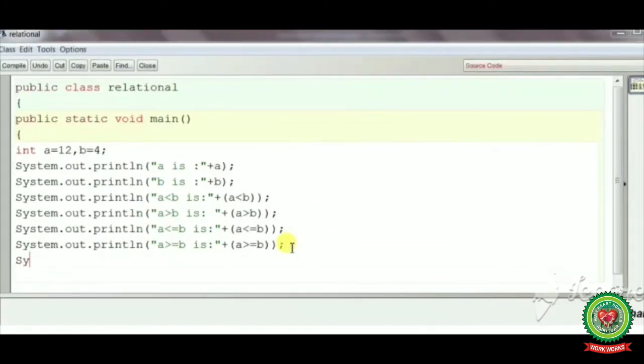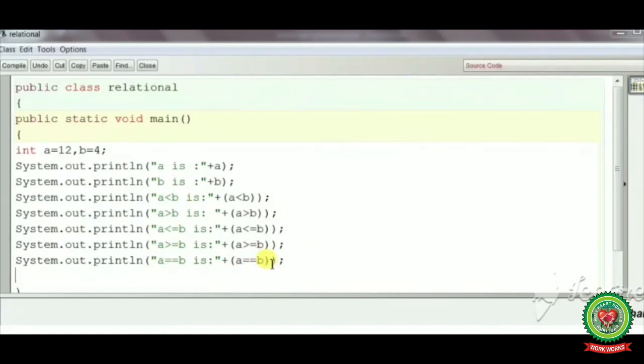The next is equal to. System.out.println, round bracket start, double quote start, a double equal to b. Here it is checked whether the value of a is equal to b, plus, and in the round bracket we will write a equal to b. Two round brackets close,